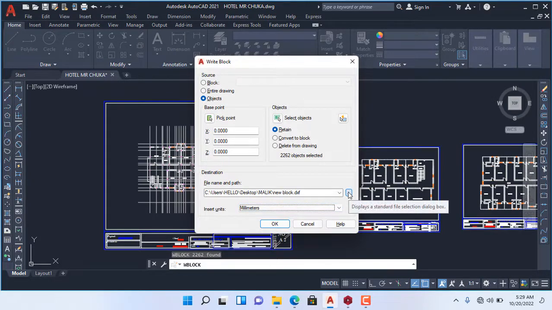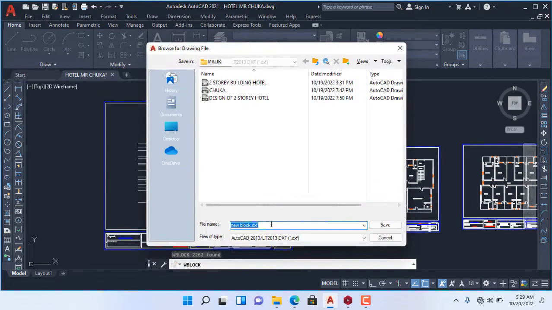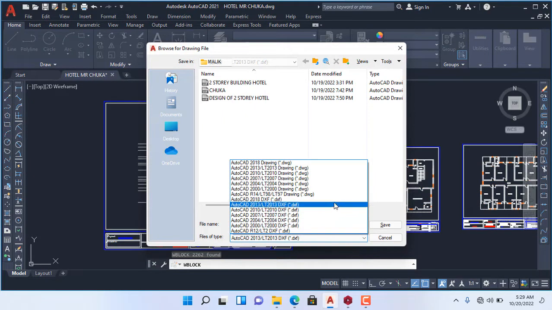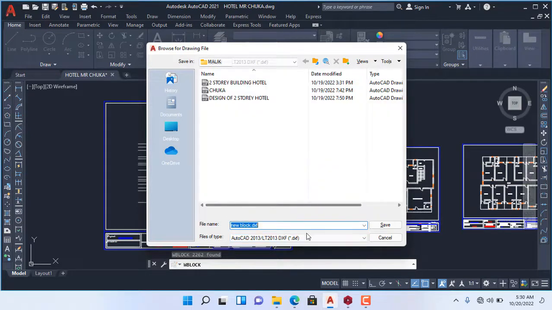You click on display a standard file selected dialog. Once you click on that, on this place, you see DWG. DWG is AutoCAD format, while DSF is the format that product structure Orion accepted. So I'll click on DSF files and I'll rename it because we are designing a